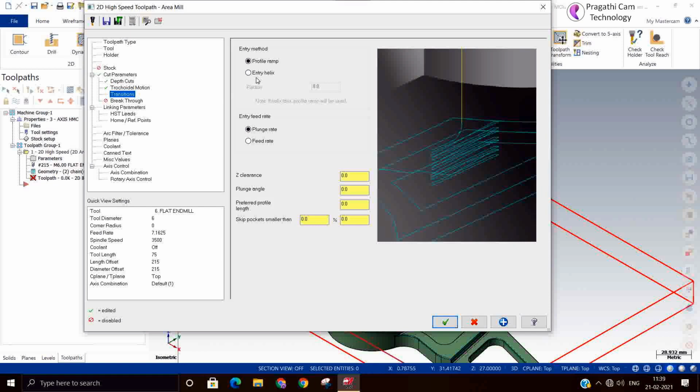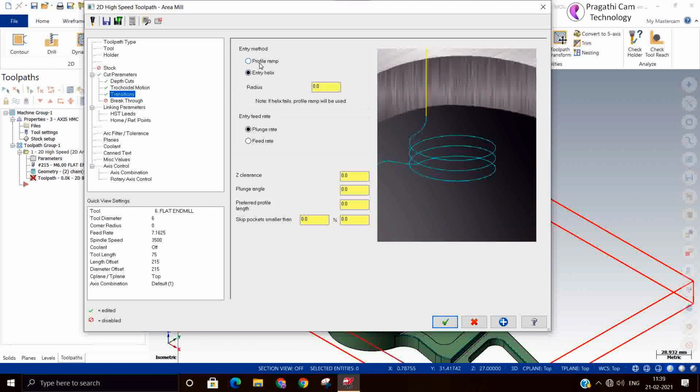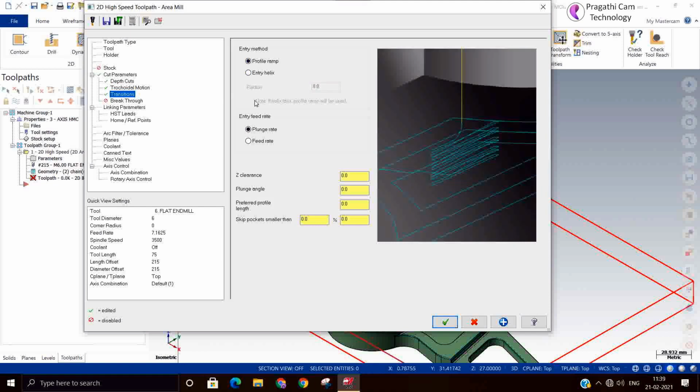Next is transition. Whether you need profile transition or the helical transition. Exact clearance from above the material where it has to enter. What is the plunge angle? So these things you can modify.